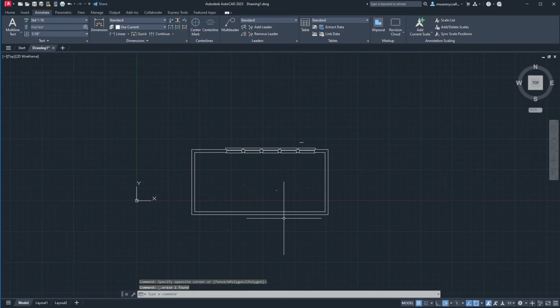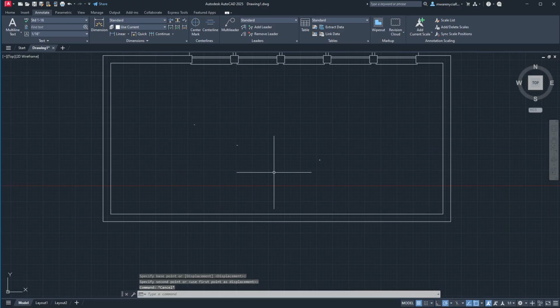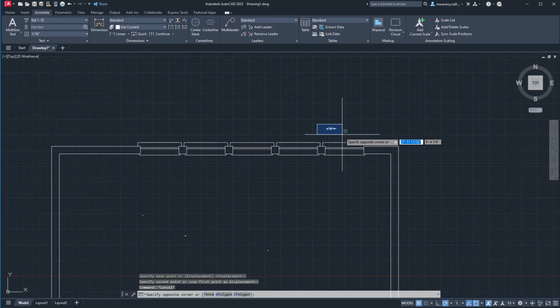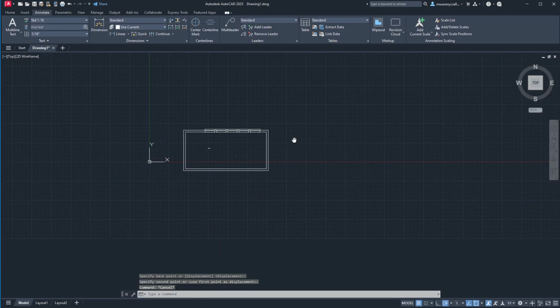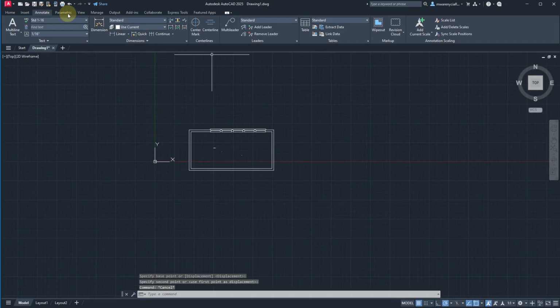Okay, so I've got my pseudo space right here. Let me move this just out of the way, wherever that went. Okay, so I've got this space right here. I need to also do dimensions on it. Let's move these guys right in here too, so we've got everything collected. All right, so we need to put some dimension lines on here, and if you go to Insert, Dimension Lines,